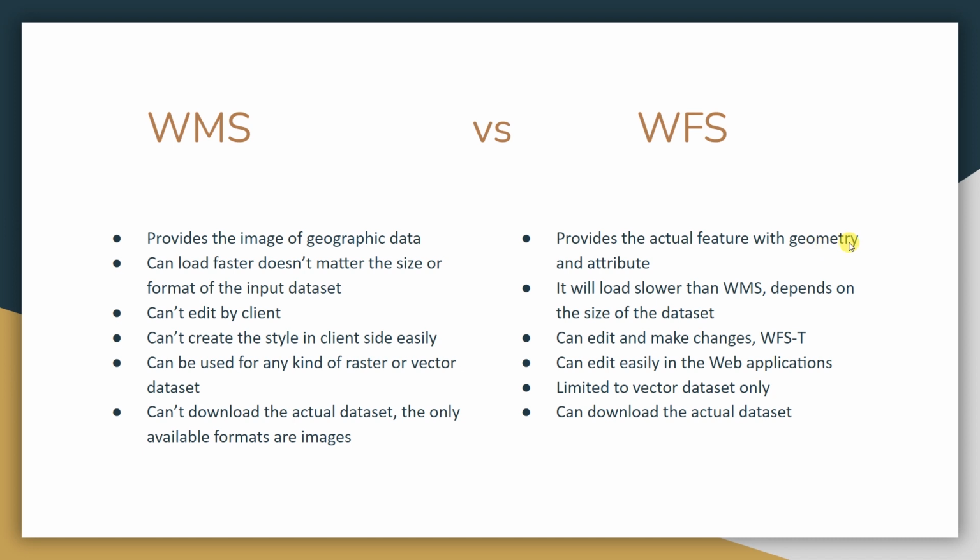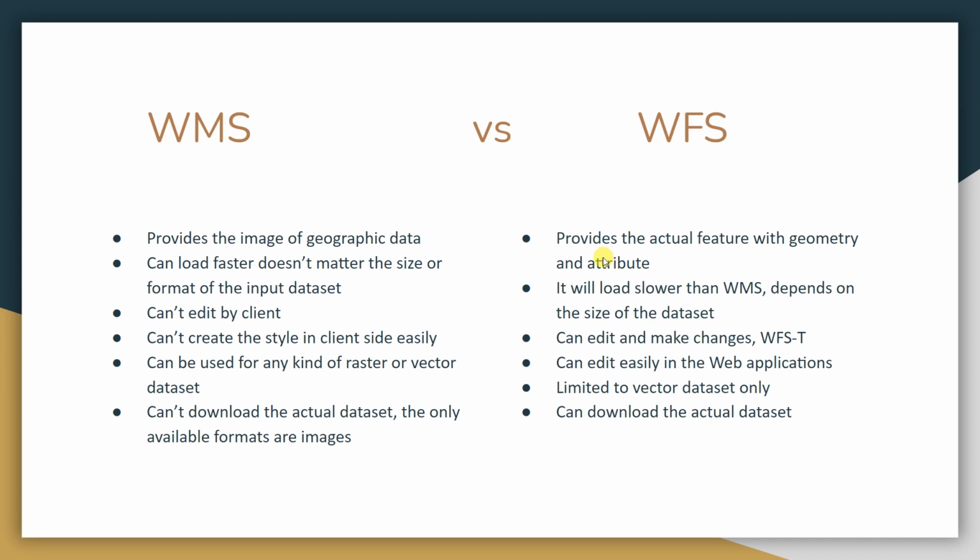This geometry can be visualized in the web-GIS application, and this attribute can also be retrieved when we click the map, or we can get this attribute and make it dynamically